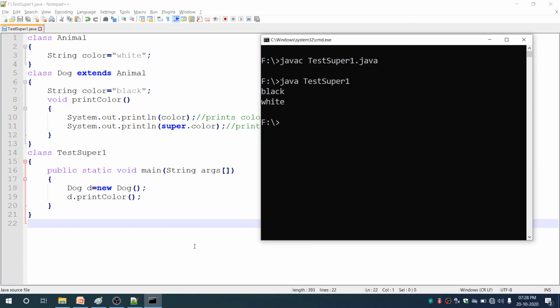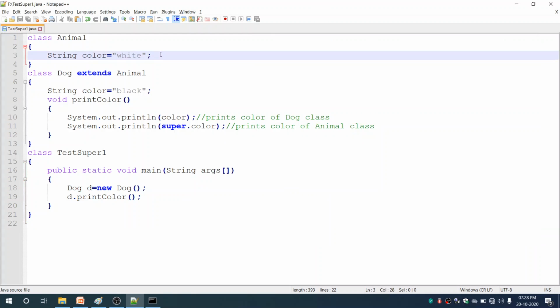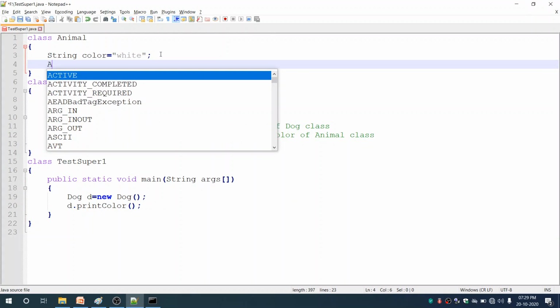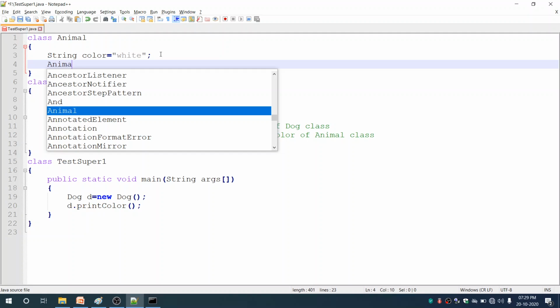In the same way, suppose we have a constructor in the parent class as well as the child class. From the child class constructor we can access the constructor of the parent class. Let me show you that also. I'll create a constructor in the parent class. As I've said, a constructor should have the same name as the class.